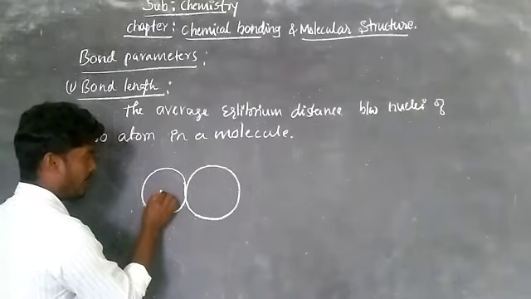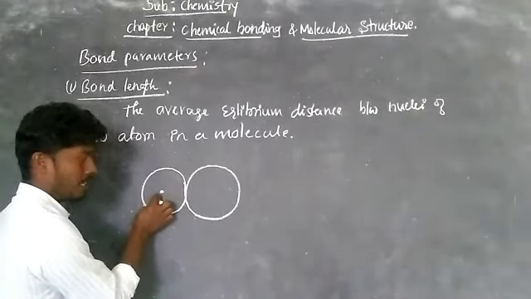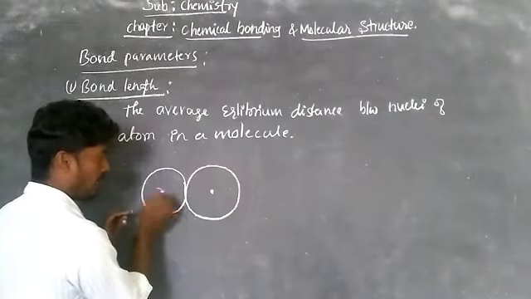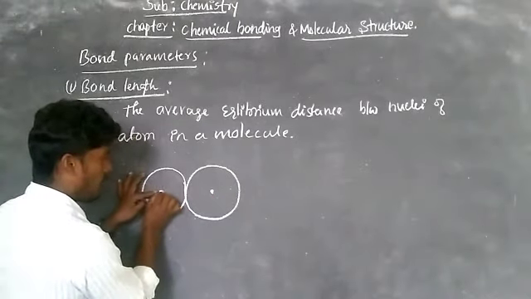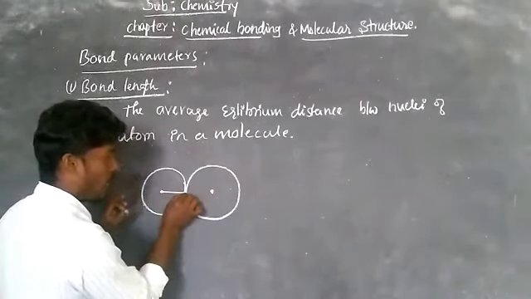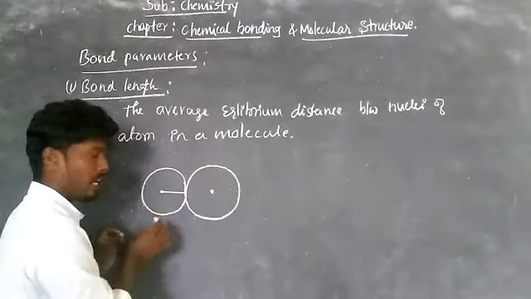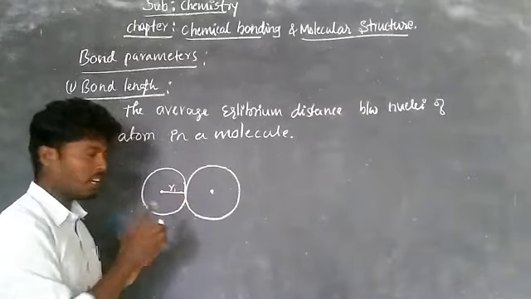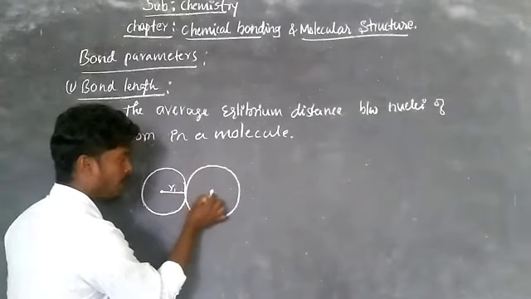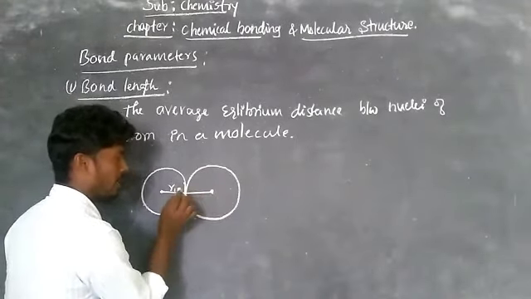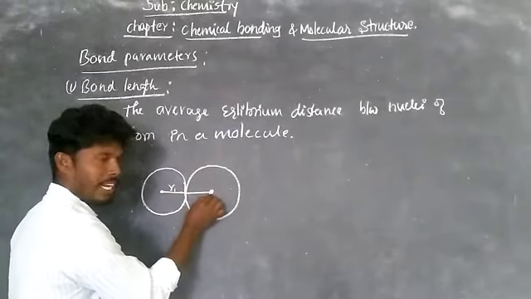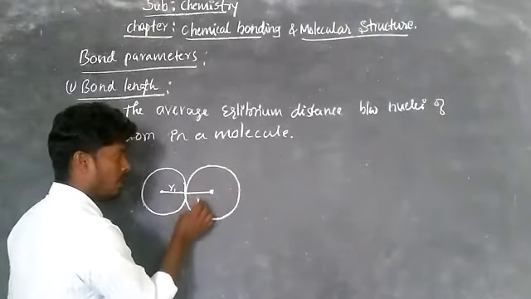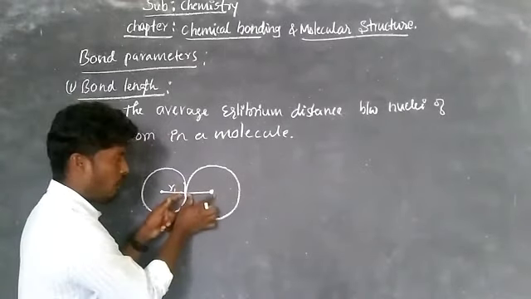Now here at the center of an atom there is a nucleus, and here also there is a nucleus. Now the distance from the nucleus of an atom to the outermost shell is called the radius. Let's take R1 for this atom. Similarly, from here to here, that is the center of the nucleus of an atom to the outermost shell, this is called the radius, right? If you take this as a circle, we call it the radius.